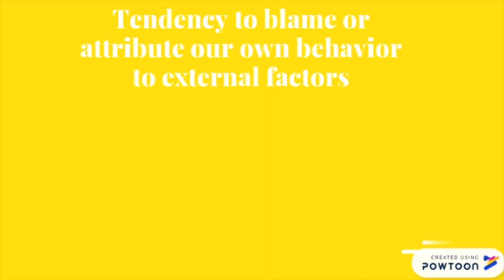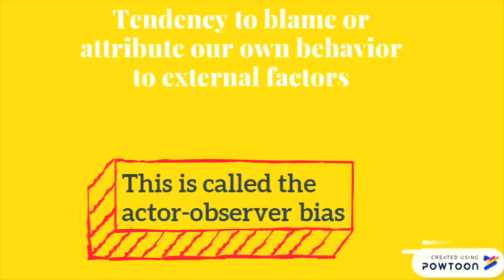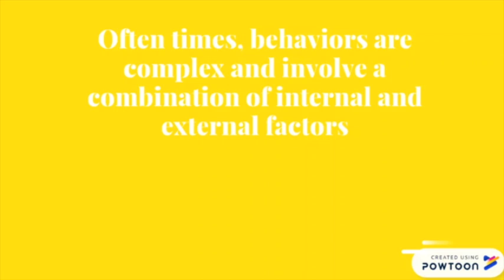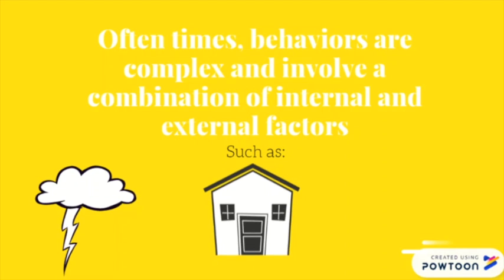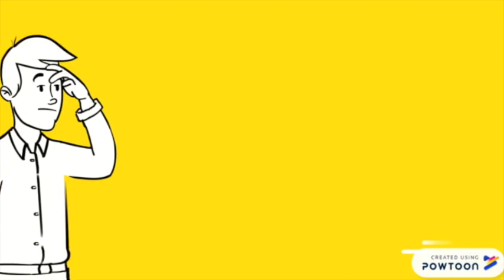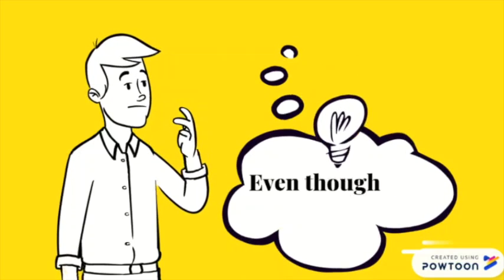Individuals tend to overemphasize situational explanations in reference to themselves, but do the opposite in reference to others. This is called the actor-observer bias. Oftentimes, behaviors are complex and involve a combination of internal and external factors, such as weather, housing, and finances. Even though this seems pretty universal,